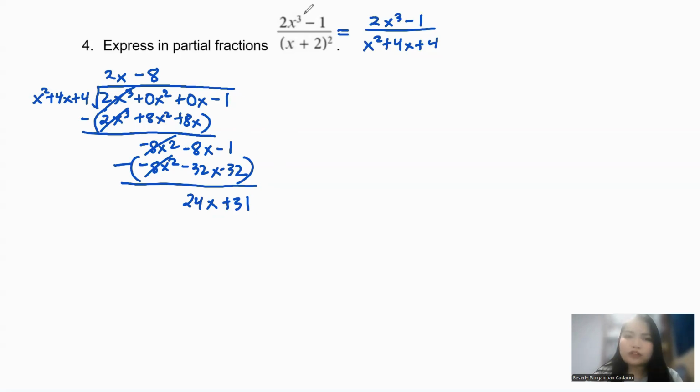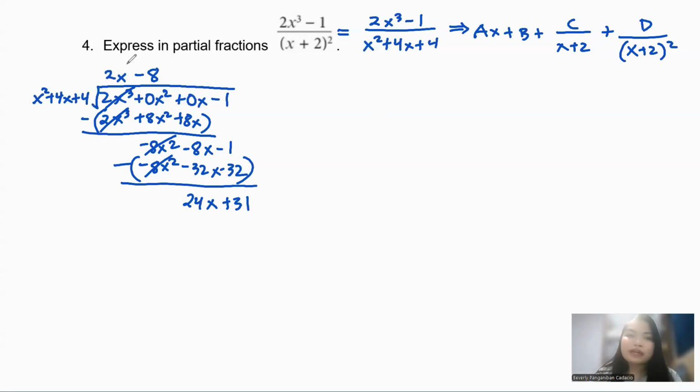This one, you know that you have cubic and x, right? By the way, let me just write it properly earlier for you to have a format. If you have an improper fraction and you have cubic over quadratic, you know you're going to have a linear ax plus b there. And then the rest will just be the same thing: x plus 2, the single one, and then d over x plus 2, the double one.